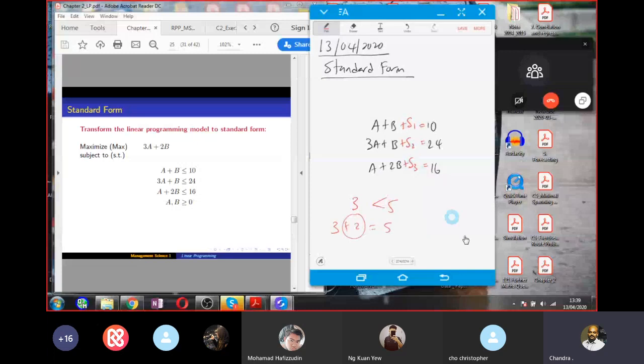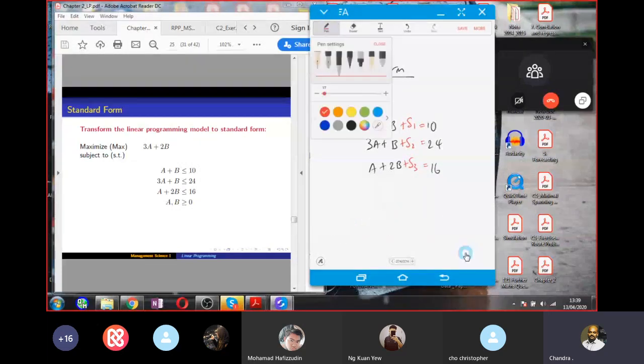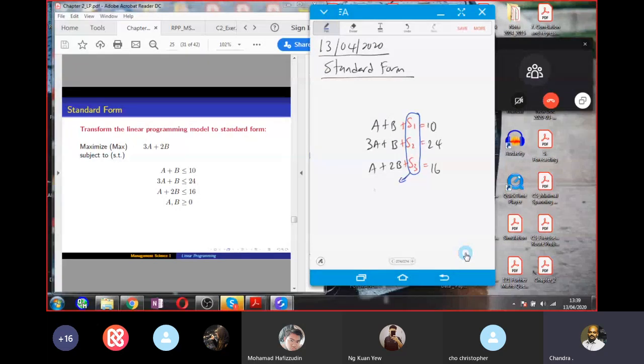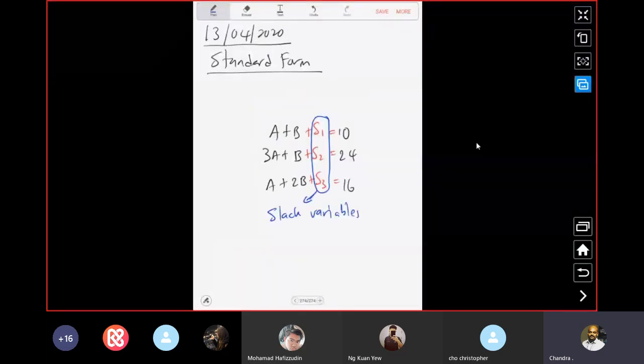These variables S1, S2, S3 are known as slack variables. How do you do this? Whenever you see inequalities in linear programming and the question asks you to change to standard form, you just add some variables here. We denote them as S1, S2, S3 and call them slack variables. Now after this,